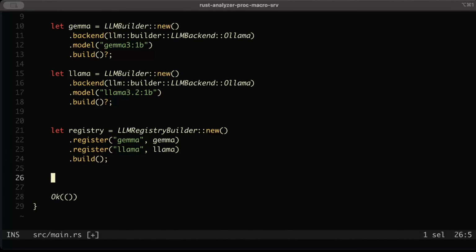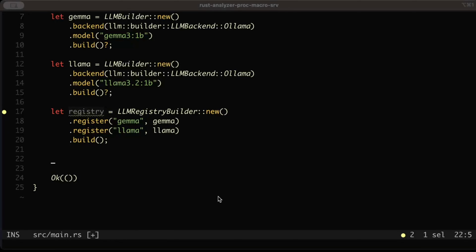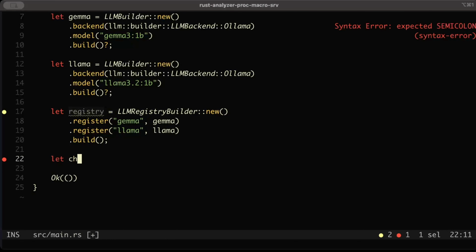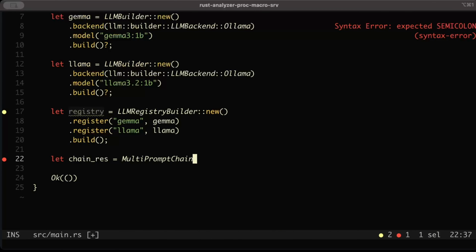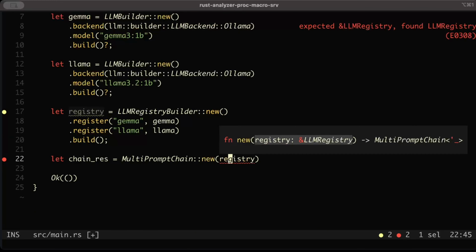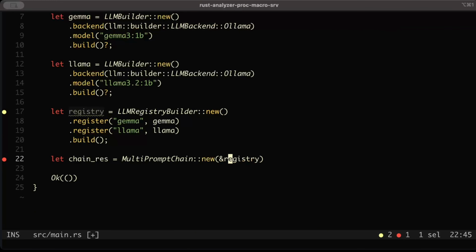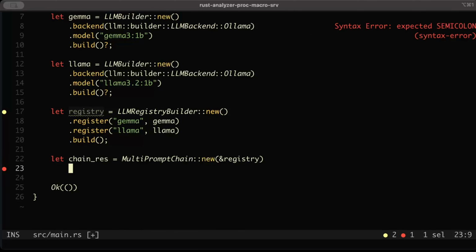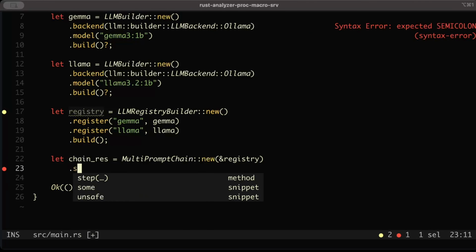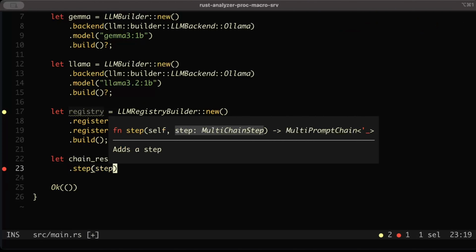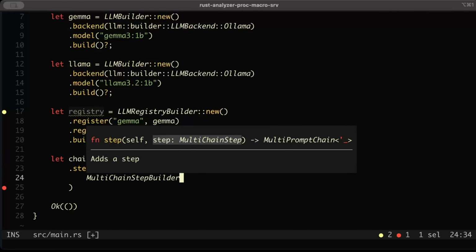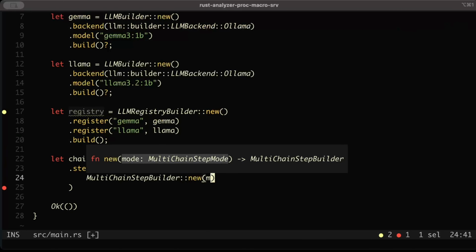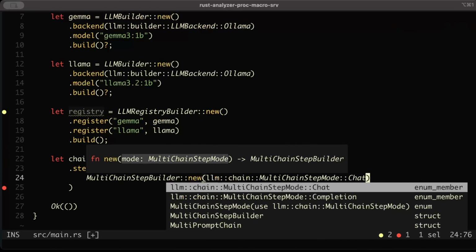So we get our registry, and now let's build the chain. So we have chain response and multi prompt chain, new, and pass our registry. And then we have to just keep on adding our steps. So as you can see, step, and let's add the step, multi chain step builder, new, and the mode. So multi chain step mode as, let's say, chat,